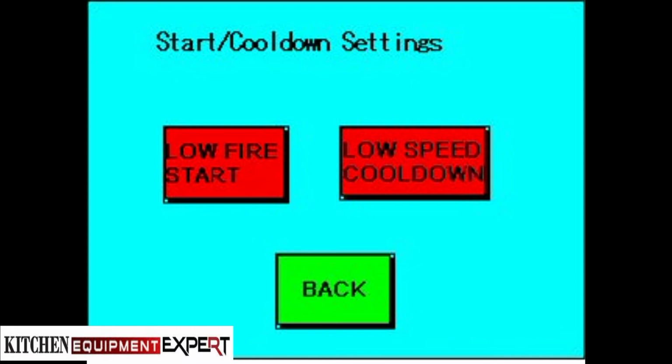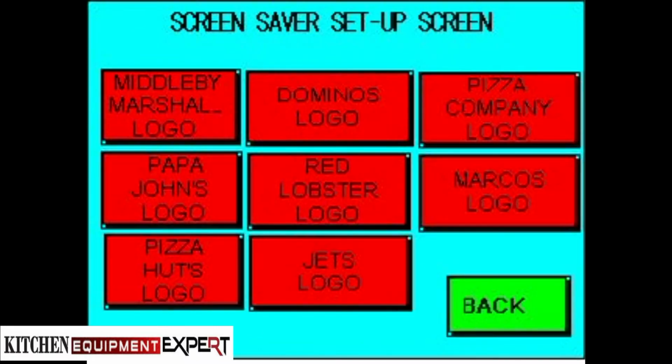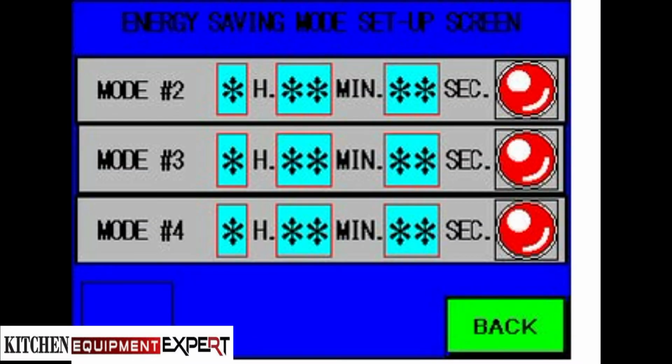The back button returns you to the KC1 screen. Screensaver setup brings up the following choices. If no choices are turned on, the control will never default to a screensaver when the oven is turned off. Energy modes. Energy mode 1 is automatic, and turns on at 1 1/3 bake time from the last time the